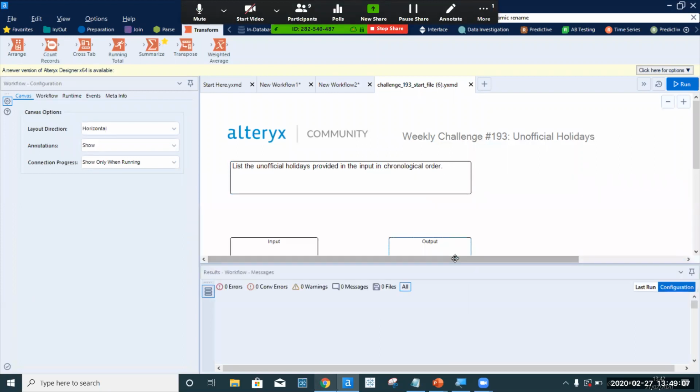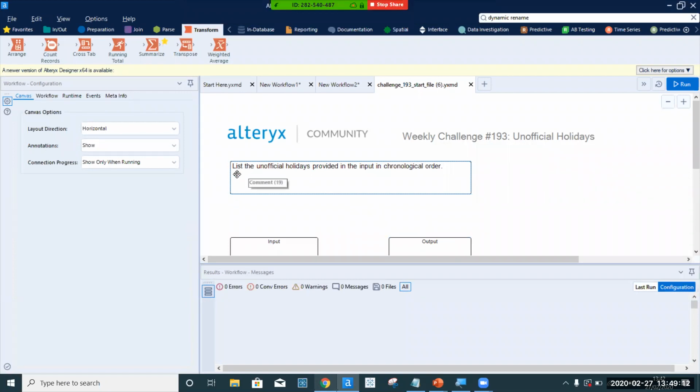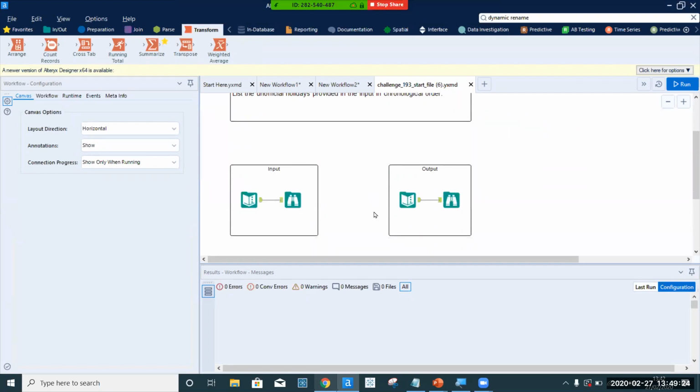The way that these challenges are formatted is that we normally have a challenge written at the top here. For this challenge, we have the list of unofficial holidays provided in the input that we want to change to chronological order. These challenges will give us an input file and the output file, which is what we're aiming to look for. So if we run this,